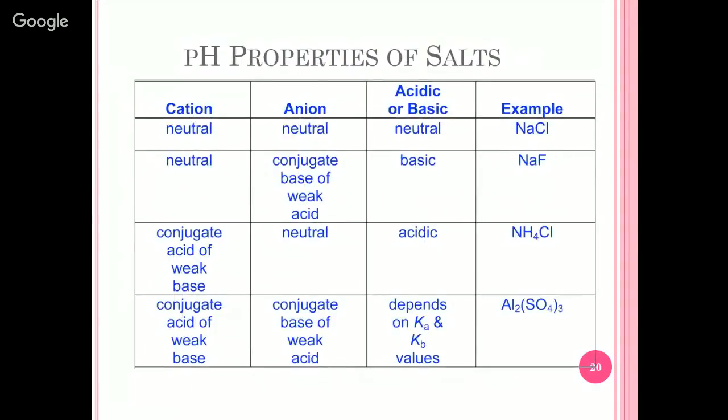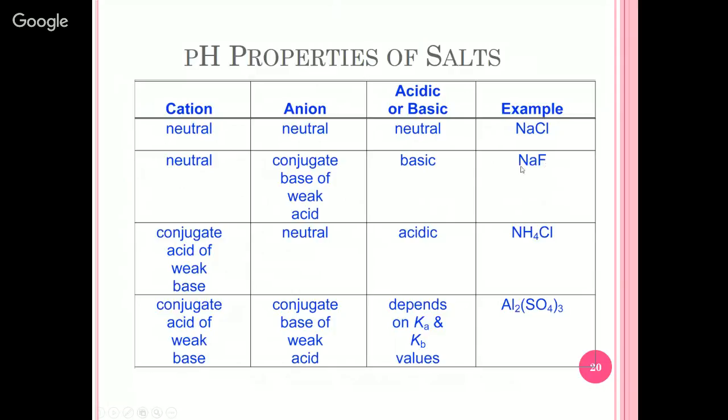So here's a table of what I just talked about. Sodium chloride is a neutral salt because this came from sodium hydroxide and this came from hydrochloric acid. Strong plus strong gives you a neutral salt. Sodium fluoride came from sodium hydroxide and hydrofluoric acid. Strong base, weak acid gives you a basic solution because the fluoride ion can react with water to produce hydroxide